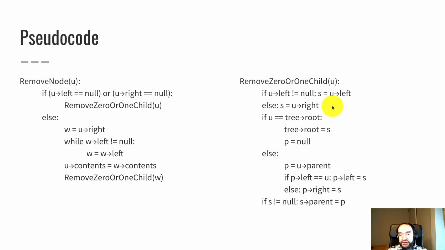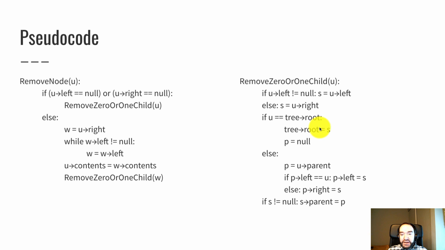And there's 2 ways that could go. If u has only 1 child, then in this case s points at that 1 child. U's right is the 1 non-null child pointer. The other way this if statement could work out is if both children are null, because u has 0 children, then s would be u's right pointer, which is null, so then s is null. So this if statement works correctly. It figures out what pointer should take the place of u. That'll either be the one and only child of u, or if u has no children, then s is assigned to null.